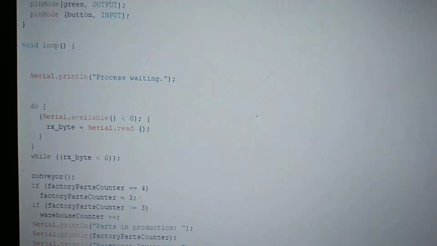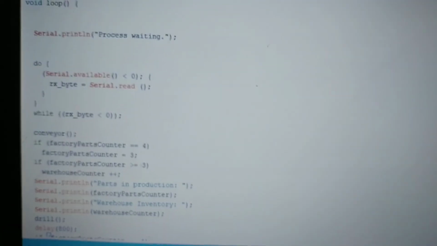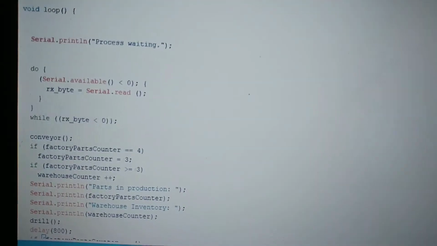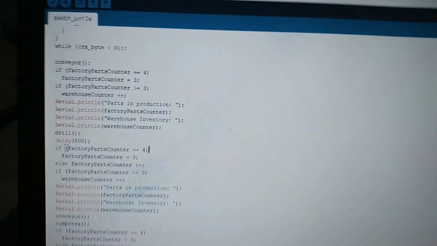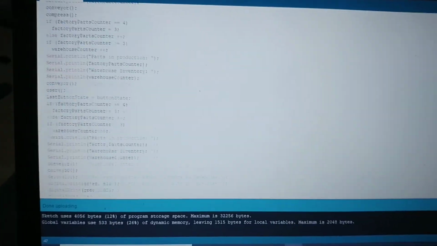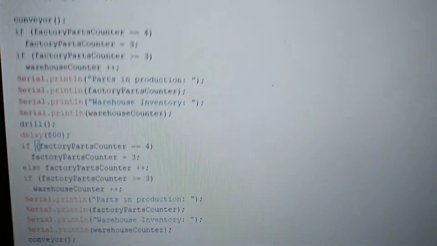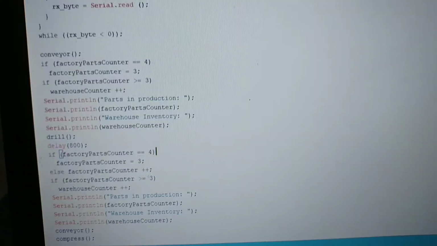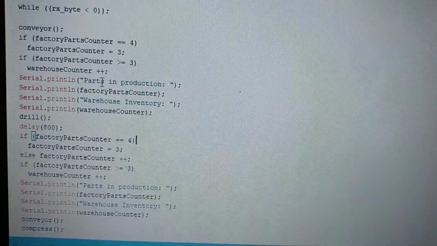And then coming down here, serial print process waiting, followed by a do while loop to hold and wait until I punch in an input. And then this is my whole code right here for the void loop, and it involves a lot. It involves if statements for the counters. It involves printing out certain set